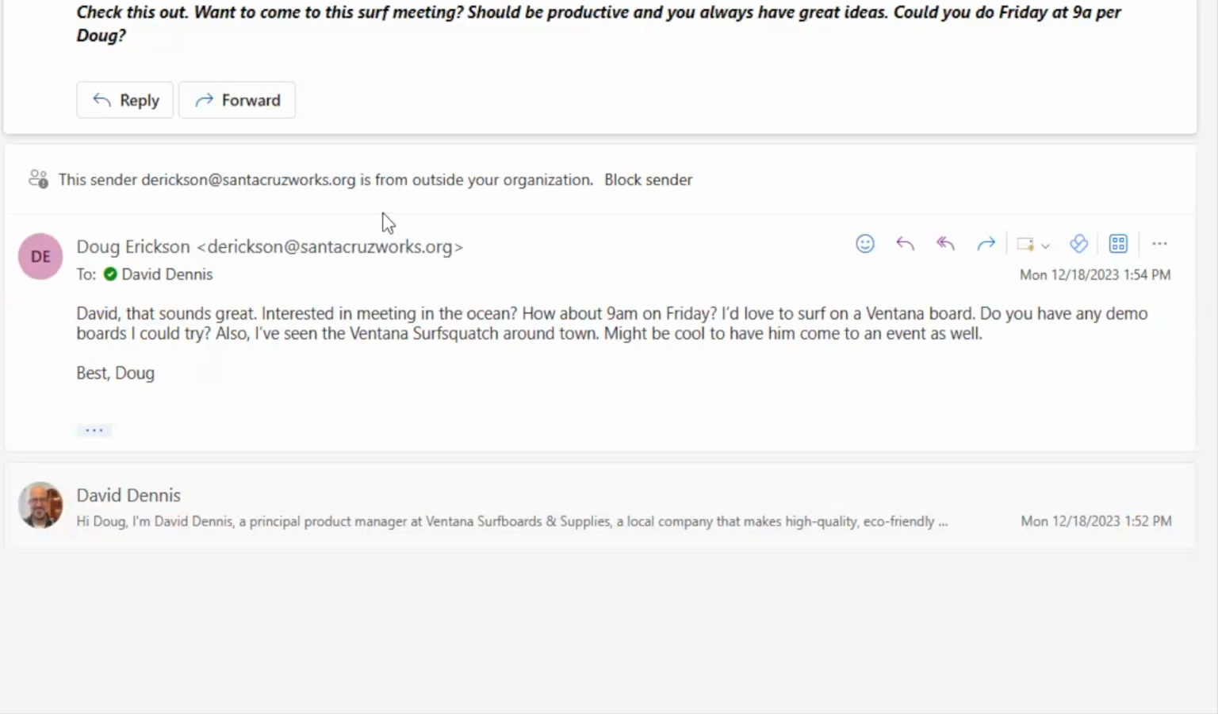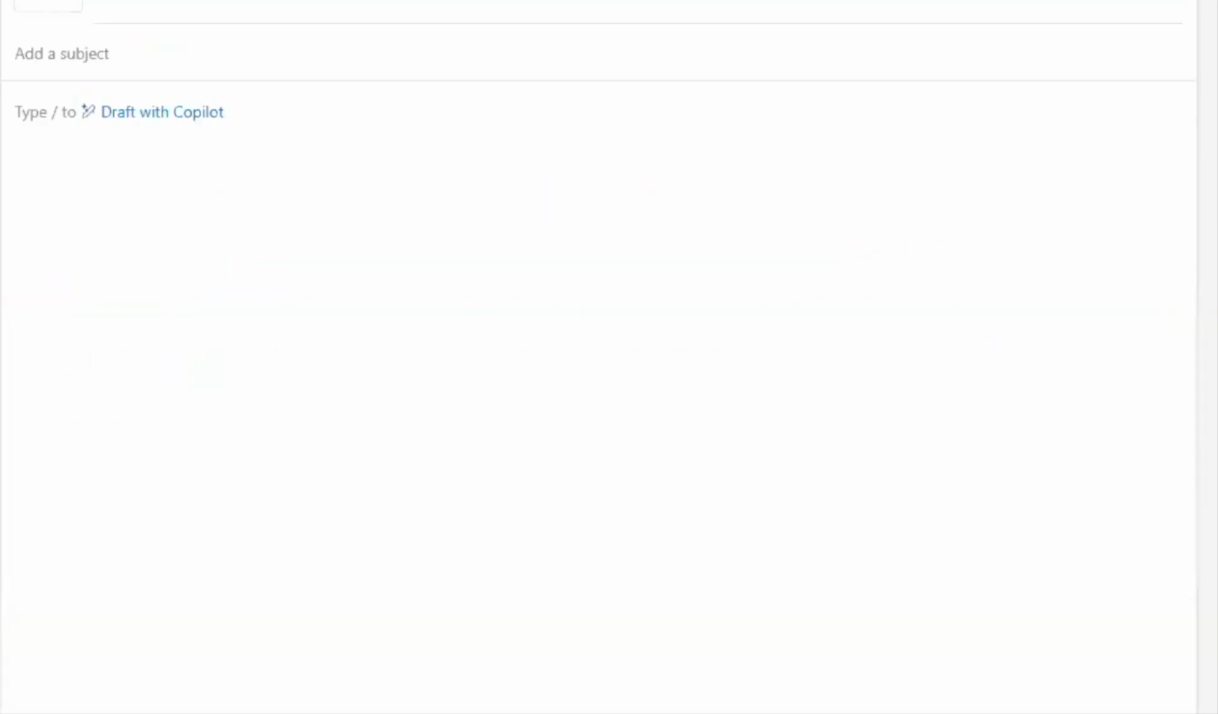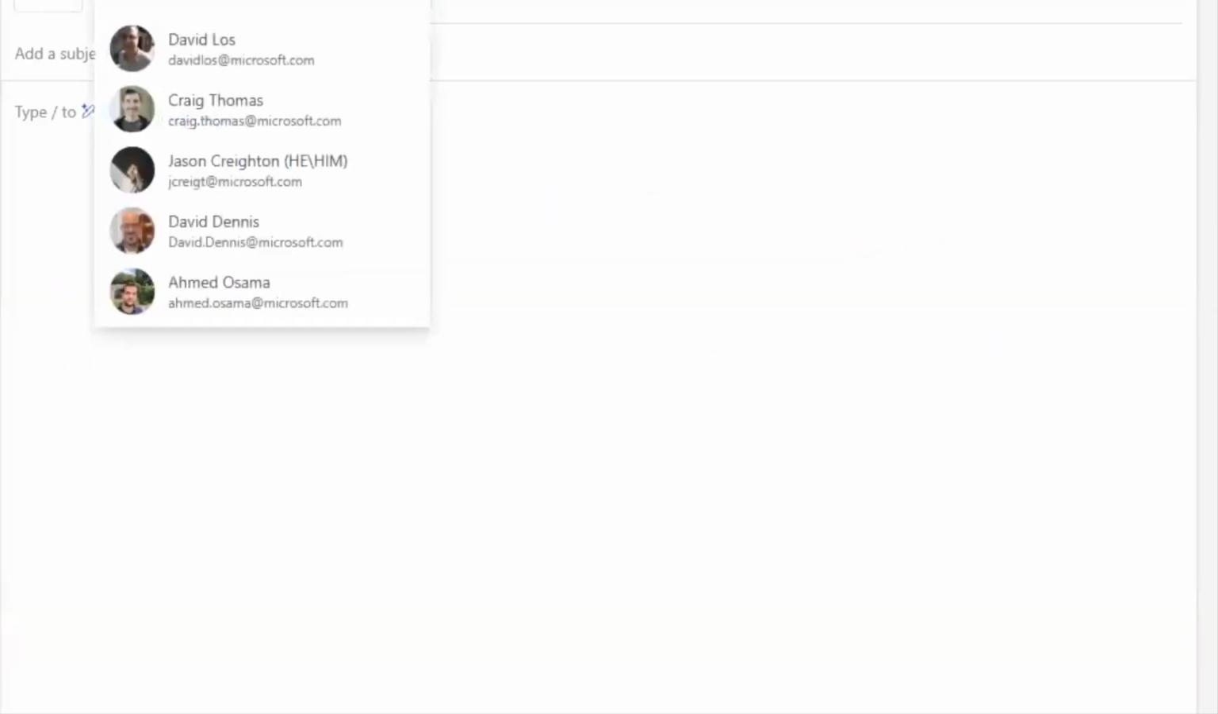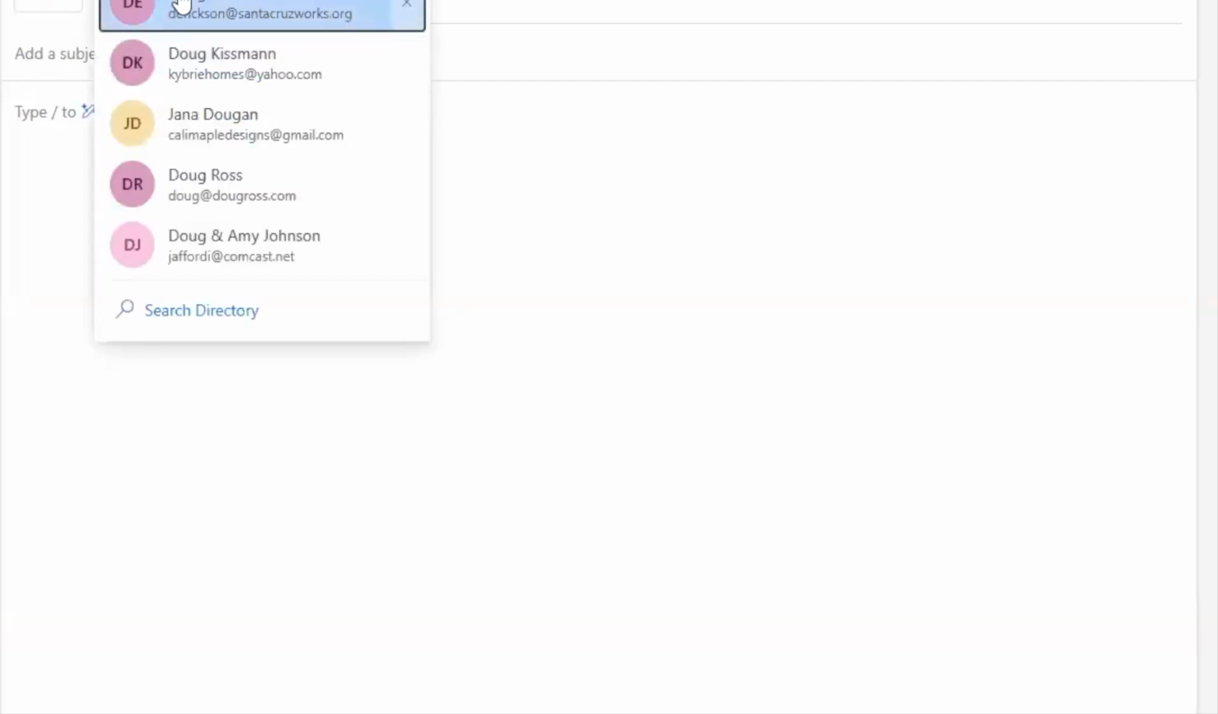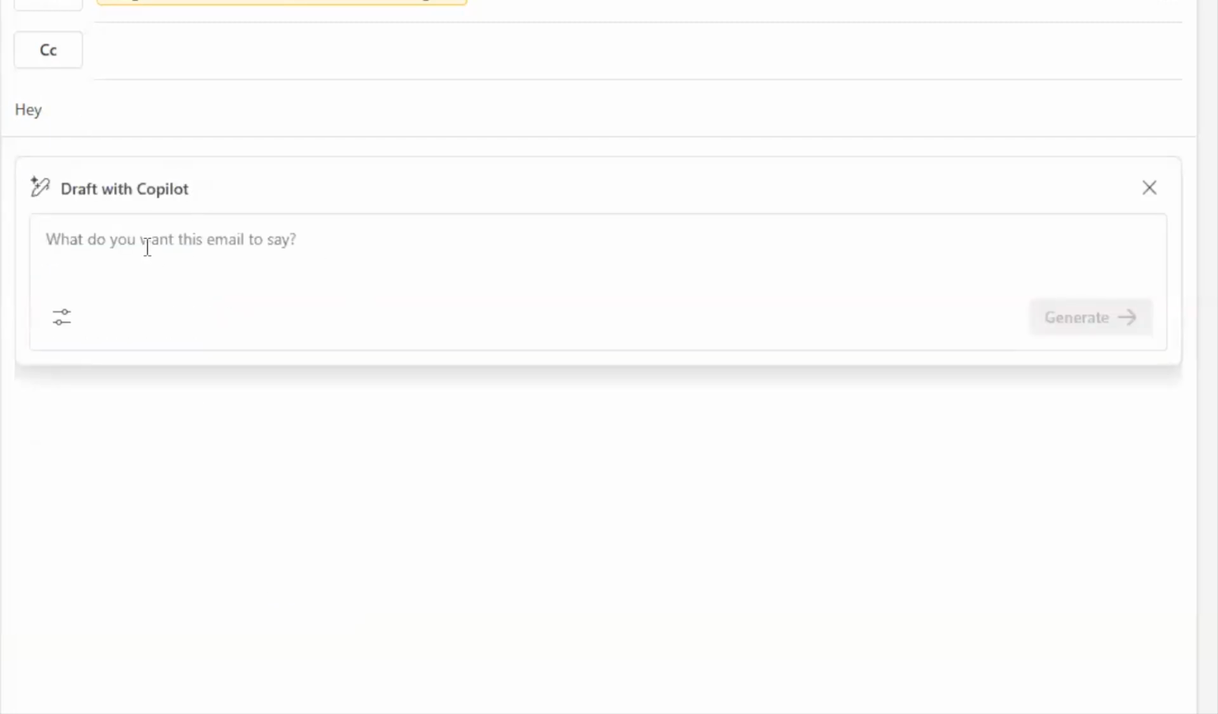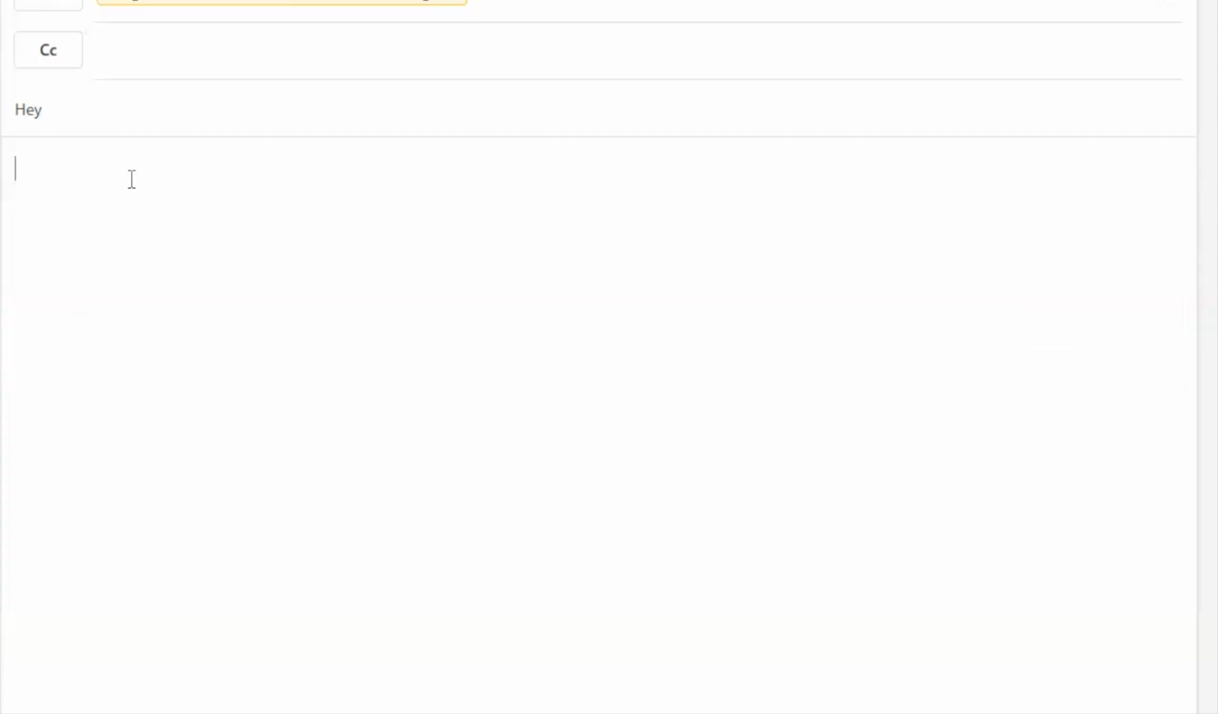So that's cool. So I'm going to give you one more example here of the way we're making email even better. So in this case, I'm going to write Doug again. And I'm just going to make a really blunt subject line. I'm going to do another draft with Copilot, hitting a backslash, selecting draft with Copilot. And I'm going to say, actually, you know what? I'm not going to say that. Here's what I'm going to do. I'm going to say,